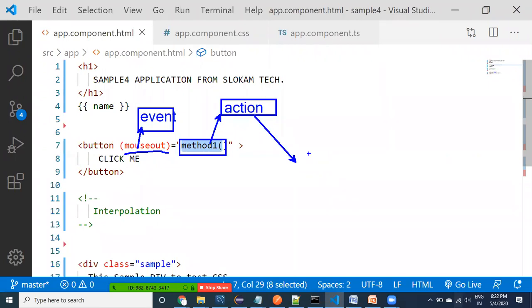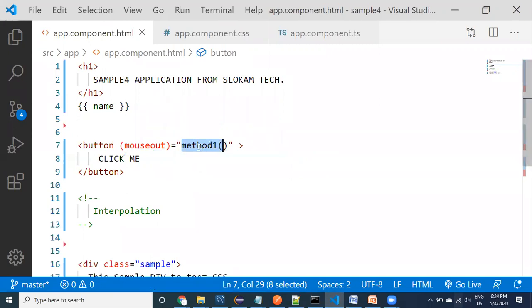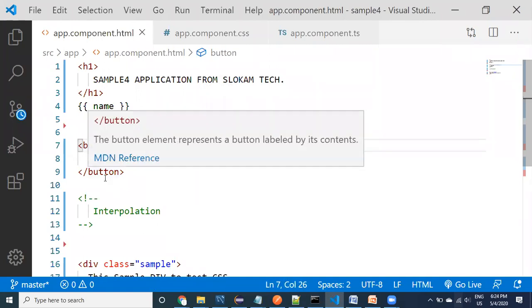Whatever actions you would like to do, you can do within the actions, guys. Now for event and action, we are going to write different types of code for multiple applications. Don't worry about it, one by one we are going to learn.